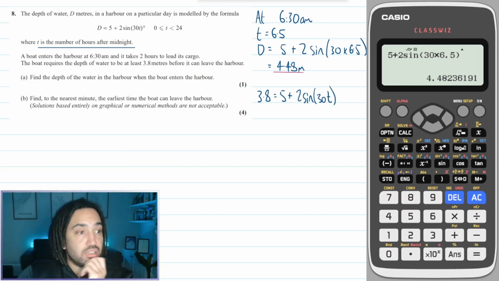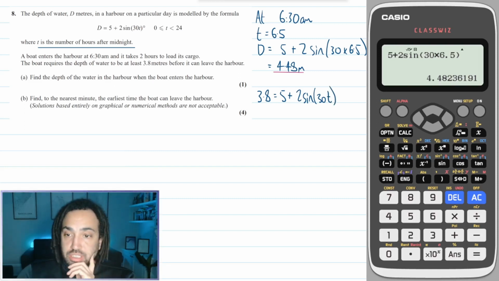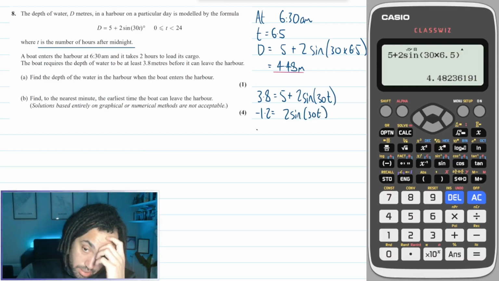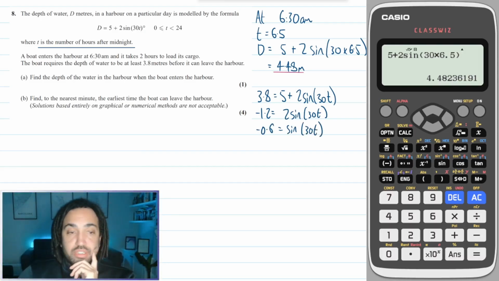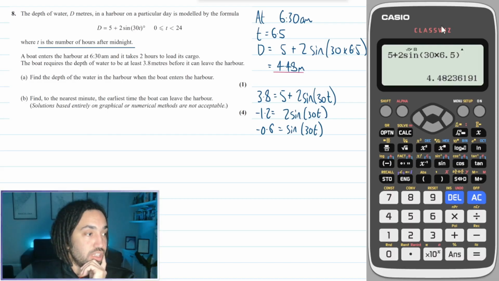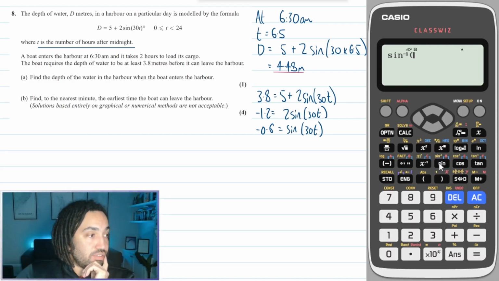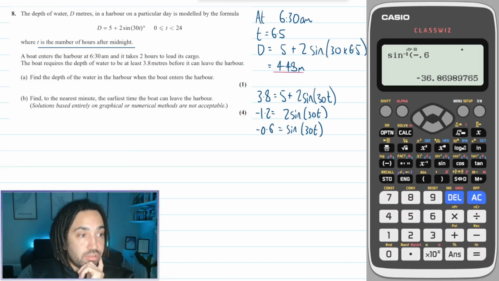30t. Solving this equation gives me minus 1.2 equals 2 sine 30t. Divide through by 2 gives me this, and then we need to do sine to the minus 1 in order to find that value for t. So sine to the minus 1 of minus 0.6. That's 30t, isn't it? Yes. So 30t equals minus